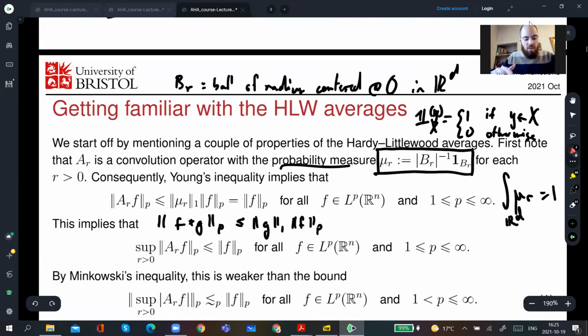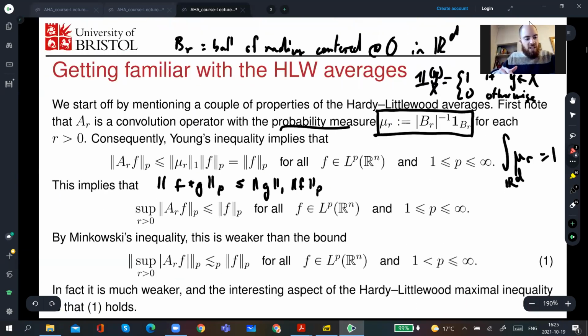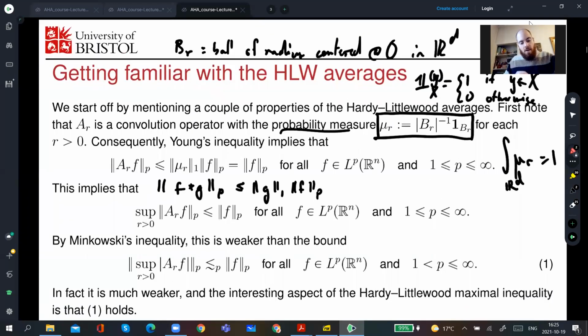Great. So these averages can actually change the size of the function pointwise, but overall, in the entirety of the whole space, when I measure the size of my function in terms of an LP norm, it doesn't increase it. This bound is sharp. You can't have a strict inequality. For instance, I can't have that